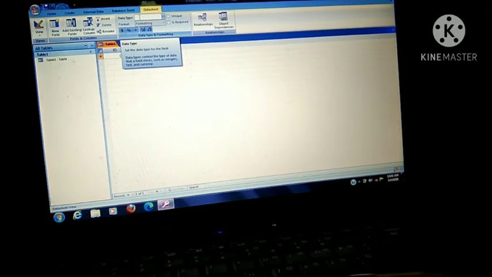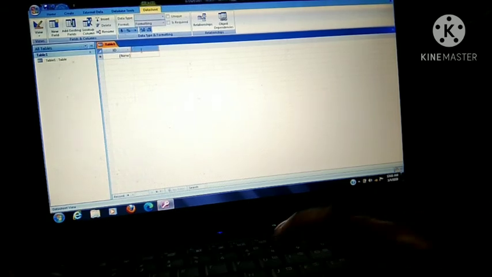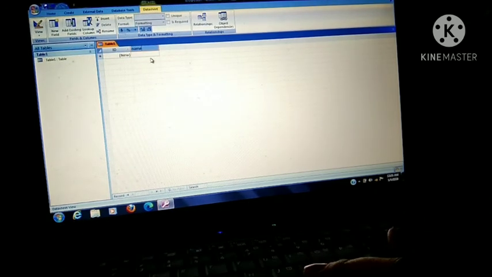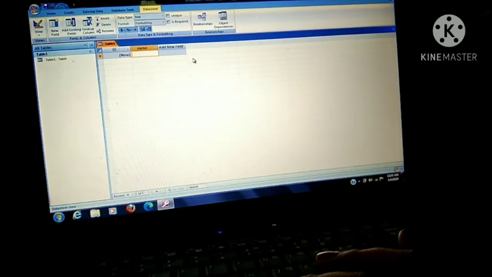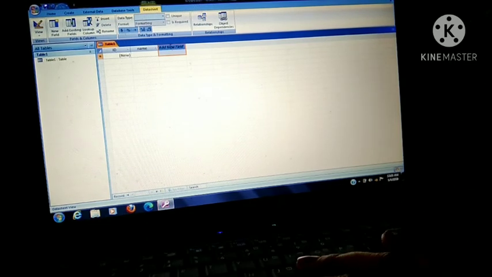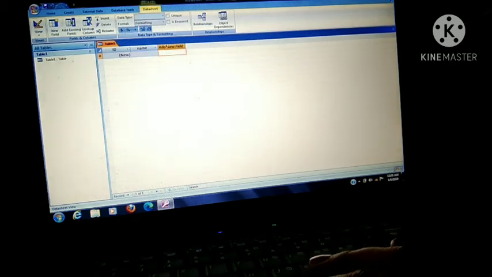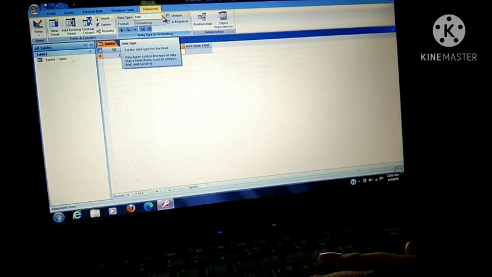Okay, so first I am writing the field name. Double click on the field name and write down the field name. I am writing Name here, and then Name is a reserved word, no problem. Click OK. Next field name I am writing Class here. Class is what type do I want here? Class is a number type. I am writing Class here, and from Data Type you will change it to Number.